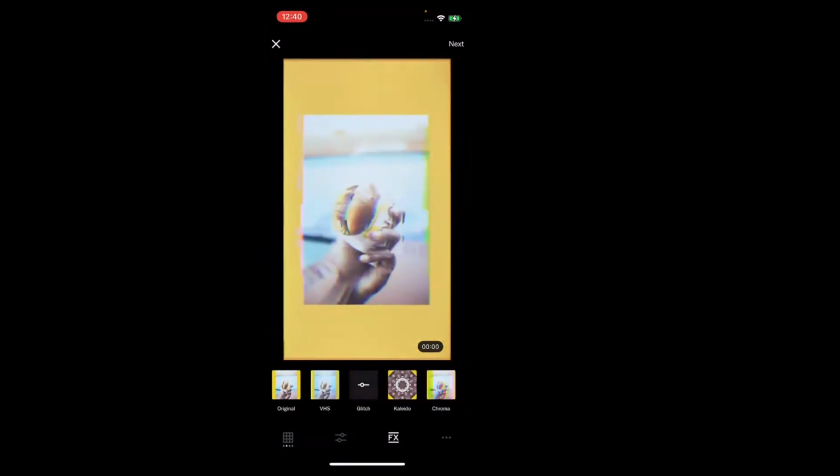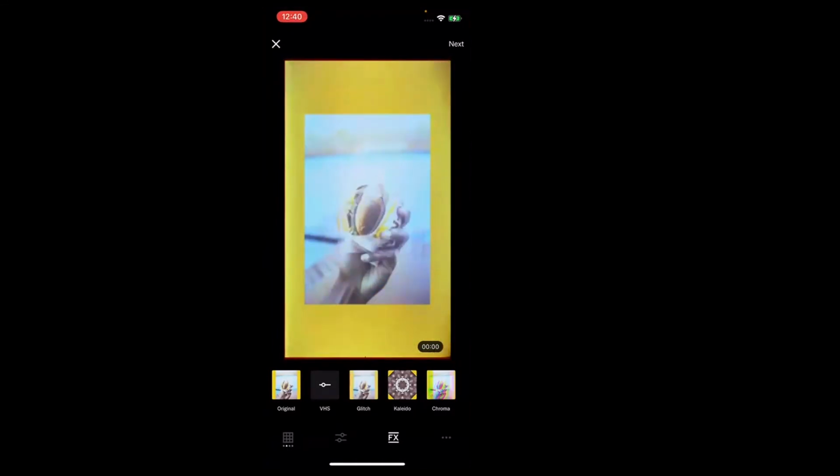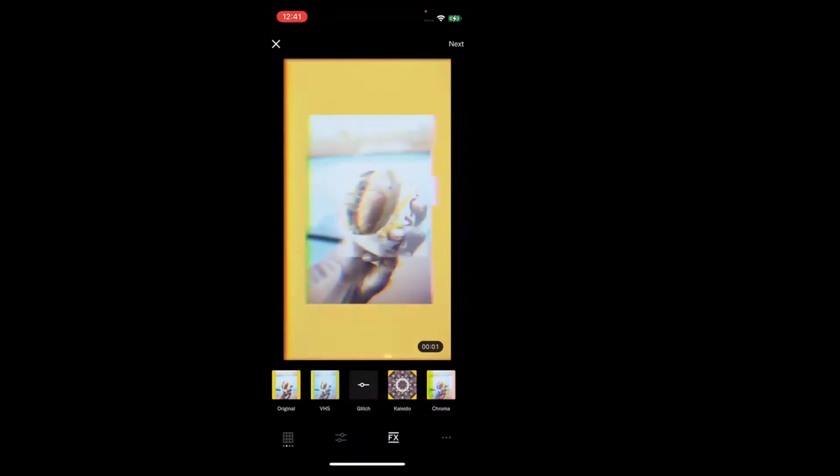So if you want to double your video effects, create one video, add an effect to it, save it, and then go to your camera roll and make a slight adjustment to that video or photo. Photo works too. And then edit back in the VSCO app to add double effects. It's kind of a lot, but